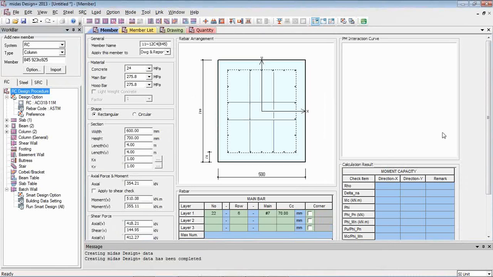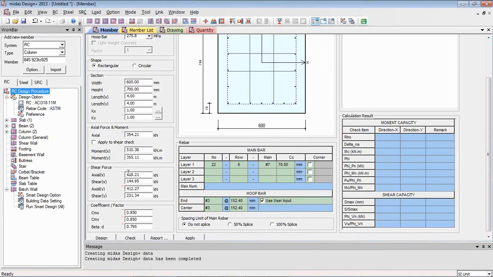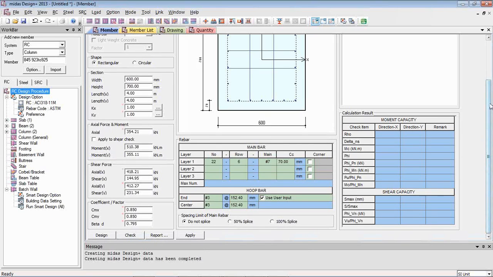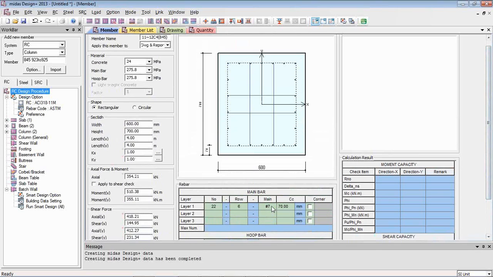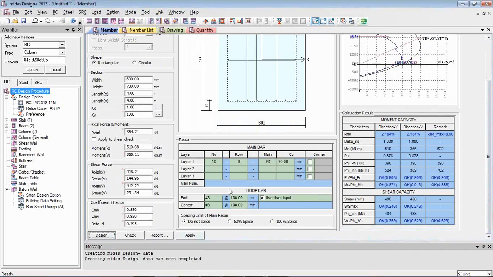You can see that since I designed it in MIDAS Gen, all the axial forces, the shear force as well as the moment have been inputted to Design Plus. You just need to design it. If you want to change the reinforcement, you can do that from here. I will be keeping it the same. So clicking on Design, MIDAS